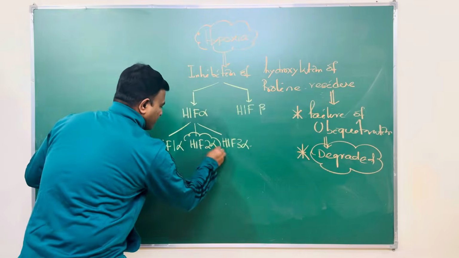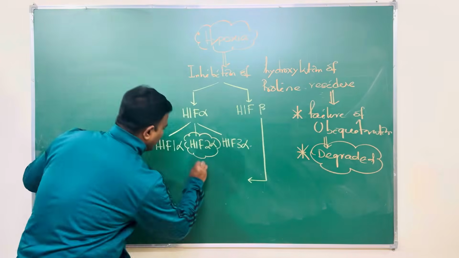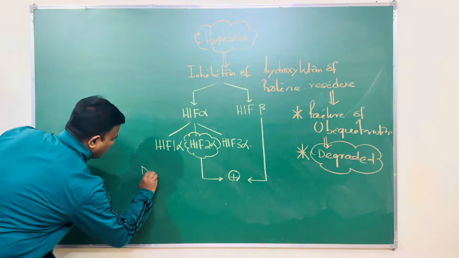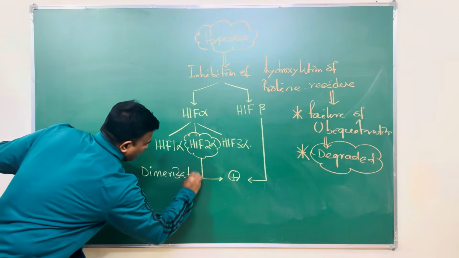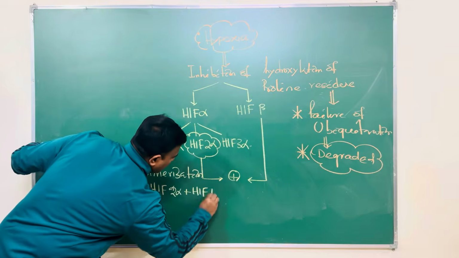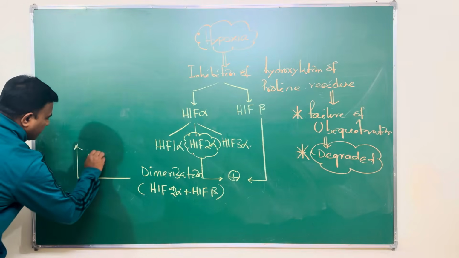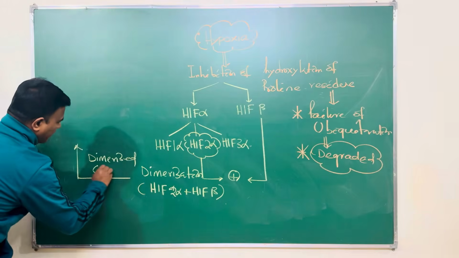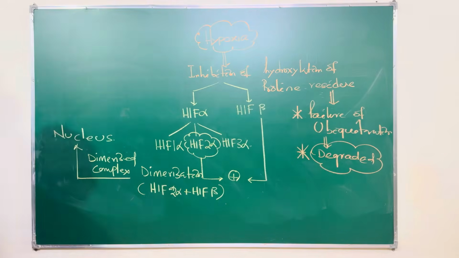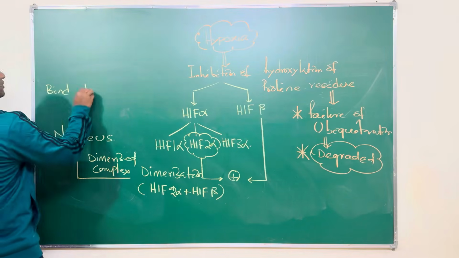This one is important for us. And this HIF beta, and this HIF 2 alpha, now they will combine. That is the dimerization. Once HIF 2 alpha and HIF beta dimerize, that dimerized complex now enters the nucleus. Once they enter the nucleus, that complex binds to